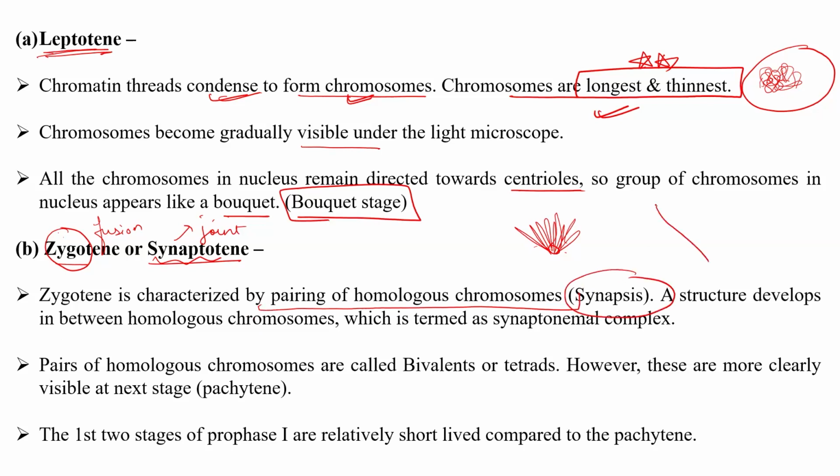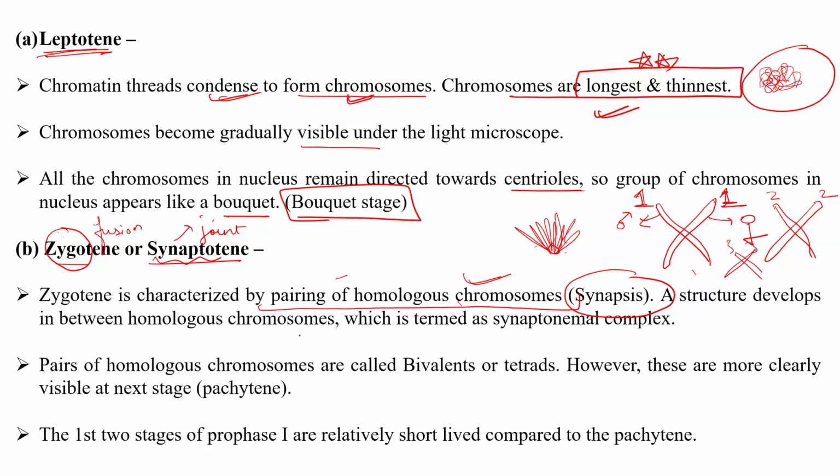So the paternal chromosome and the maternal chromosome. So we have 2 chromosomes, chromosome 1. These are both the chromosome 1 which we have obtained on the side, right? So during this, there is a pairing of the homologous chromosomes. All the homologous chromosomes, like 1 forms a pair with 1, 2 forms a pair with 2, 3 forms a pair with 3, etc. So all the homologous chromosomes form a synapse, and it is characterized by the pairing of